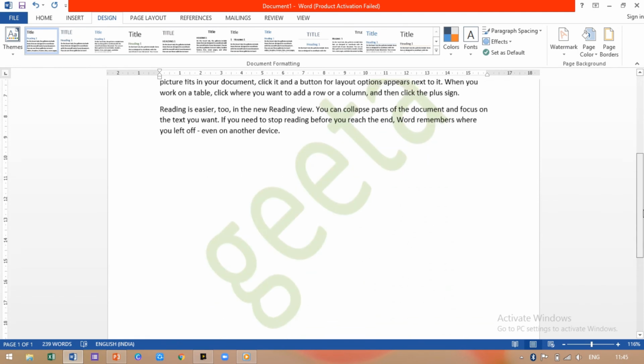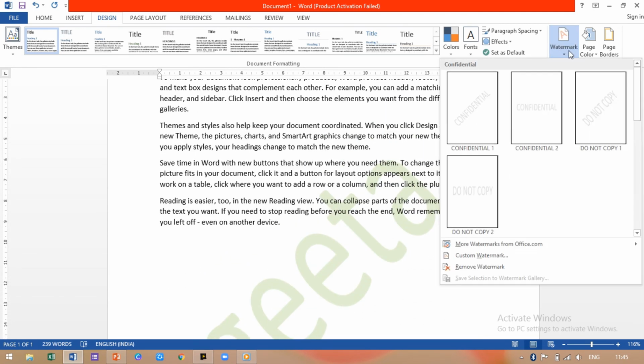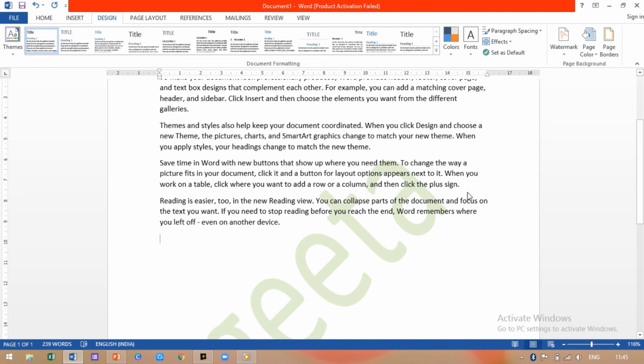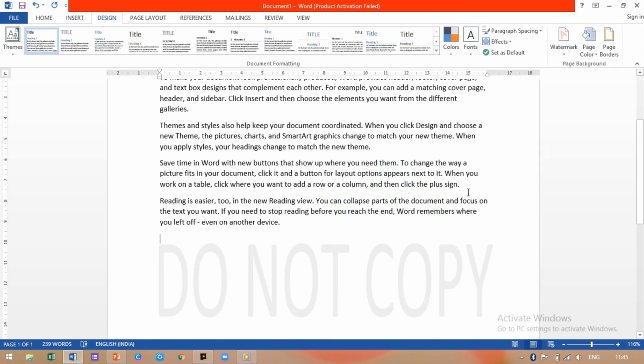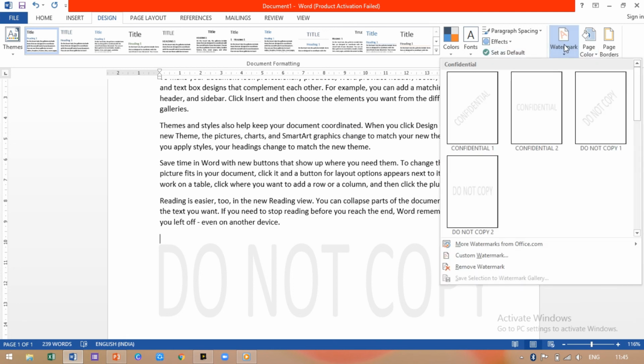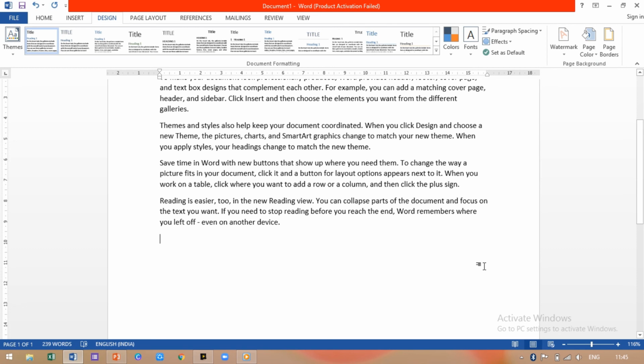So this, or you can put the normal watermark which is there stating do not copy. If you all want your name, you all can put your name, or the software team has given some watermarks, you all can put that. If you want to remove the watermark also, you have an option saying remove watermark, so it will remove your watermark.